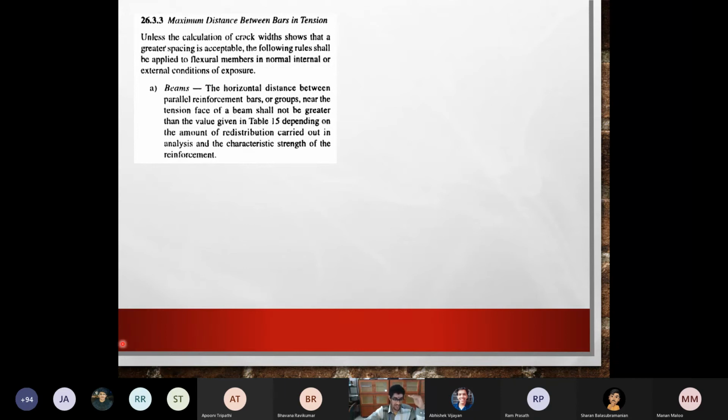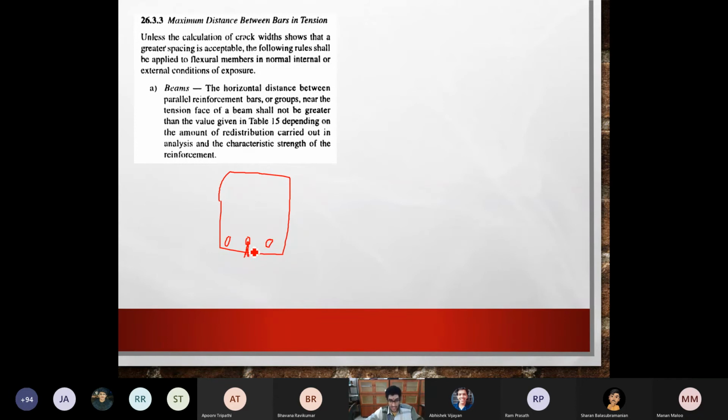Again, maybe I can use the pen to be much more clear. If you have a beam like this, say some reinforcement is there, here. Some reinforcement. Say the crack starts somewhere here. If you have optimally spaced reinforcement, there's a good probability the crack will actually go and hit one of these reinforcements. And the reinforcement, unlike concrete, cannot be opened up. If a crack encounters a reinforcement, the crack will stop there.